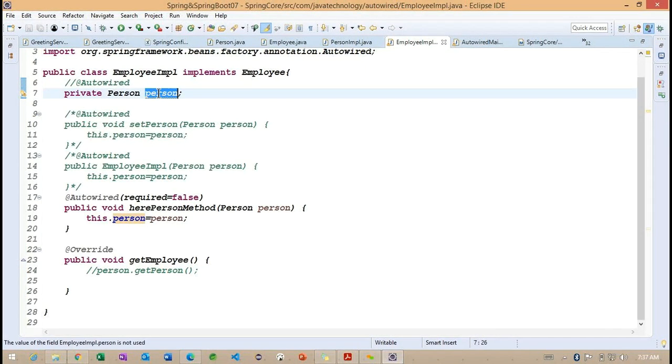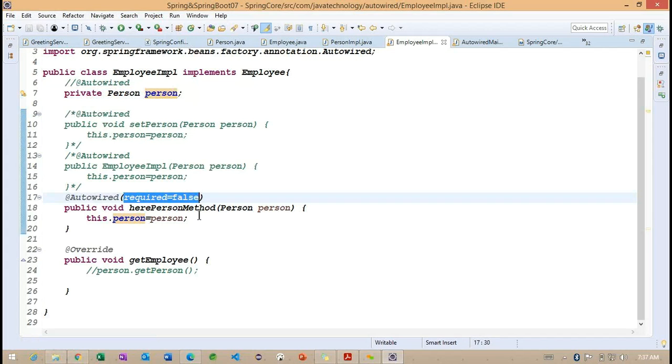We are not going to get this particular person's information. Why are we not getting this person-related information? Because we made this required false. So what is the purpose of required false here? If the bean information is not defined in the configuration file, what happens basically? We are going to get an exception called no such bean definition.